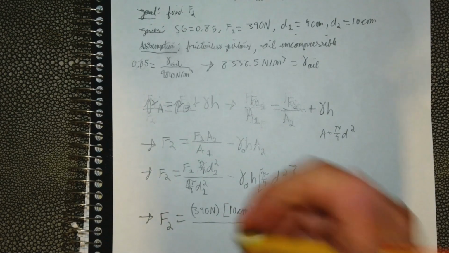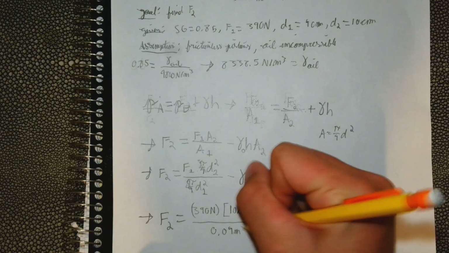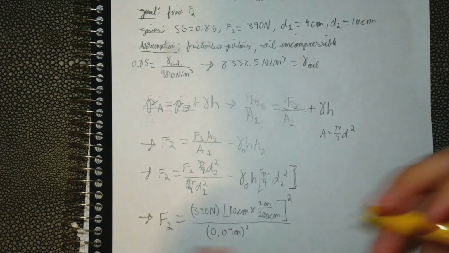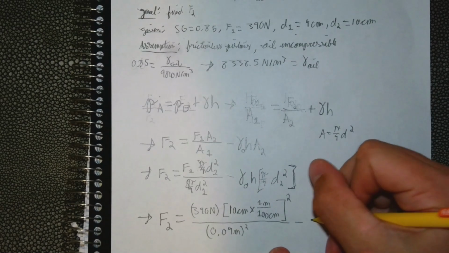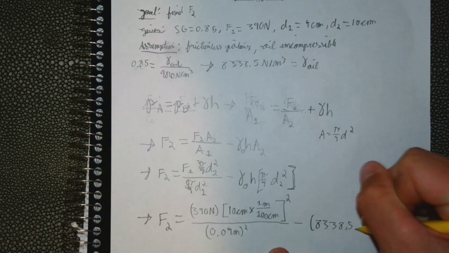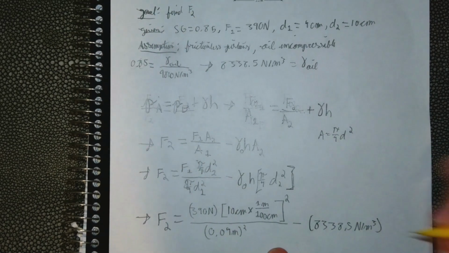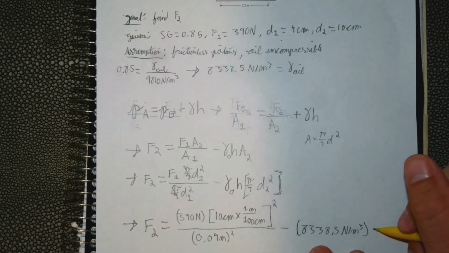I'm not going to write the conversion here, I'm just going to write it as 0.04 meters. We'll square that. And then minus the specific weight, which we found, 8.5 newtons per meter cubed, times the height, which is 2 meters,